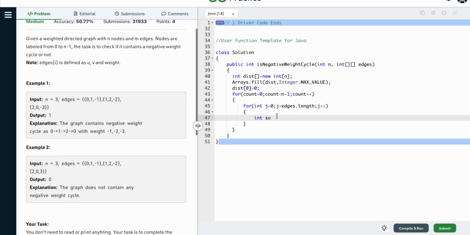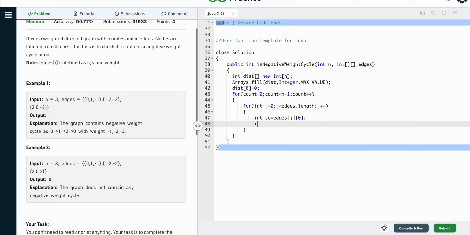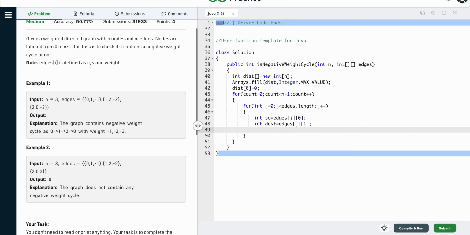So source is equal to edges of j and 0, this will be the source, and then destination will be edges of j and 1. The 1 will be the destination, and then the weight will be edges of j